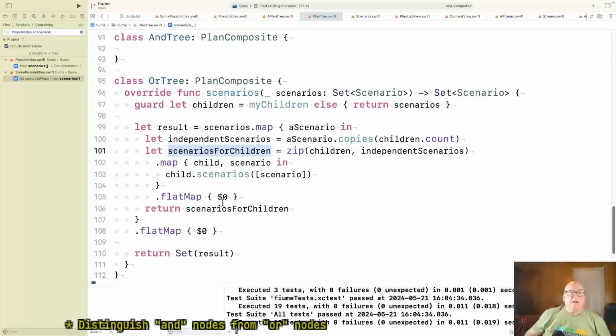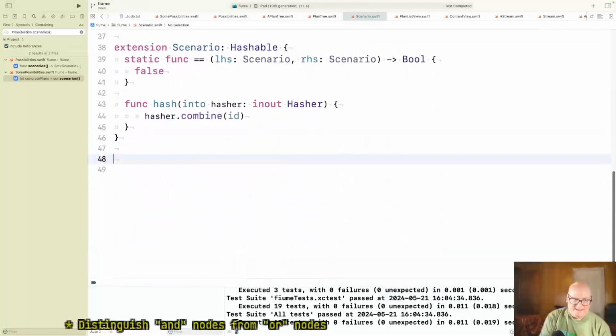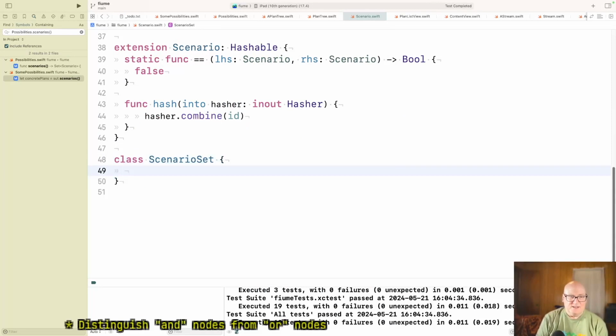I'm going to move it to scenario set. It feels like scenario set sure sounds like a list of possibilities, and like, is that what possibilities should be? But I think just to get through it, right. So scenario set, type, set. All right, it's its own thing. It's going to have